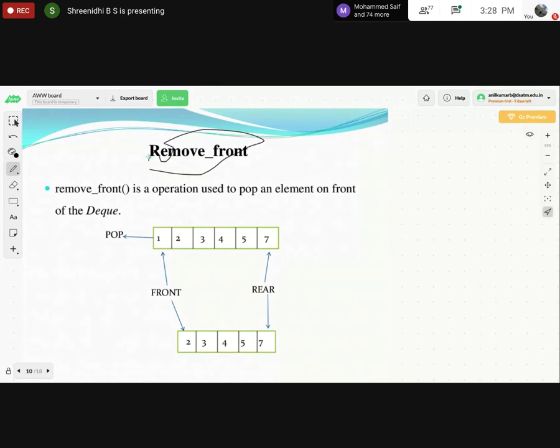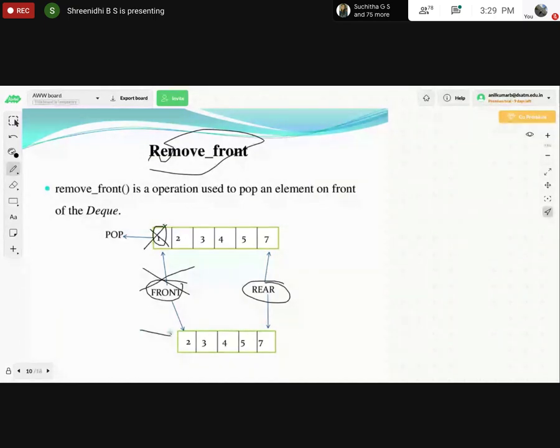That is nothing but deleting the data from the front end of the queue. So removing data from the front end of a queue. How will we delete? If the data is deleted from the front end, the first element of the queue is popped out.